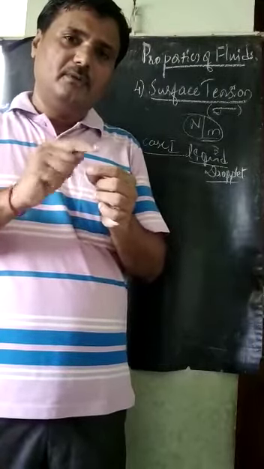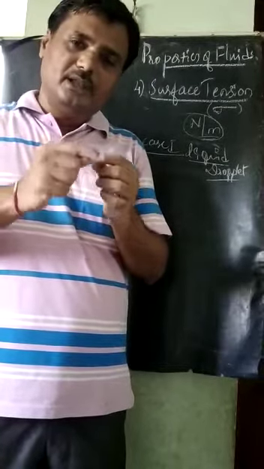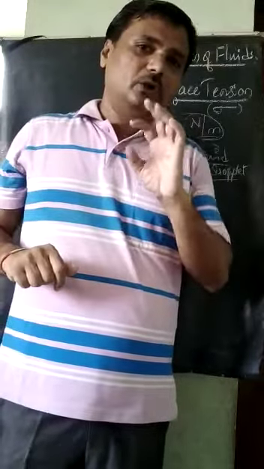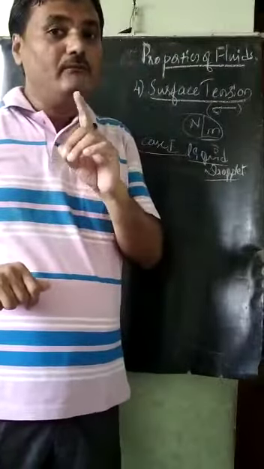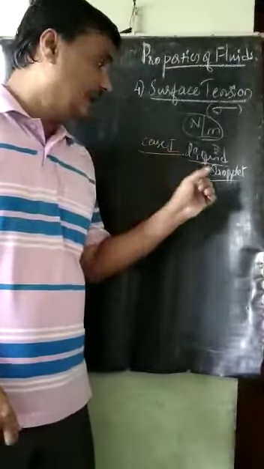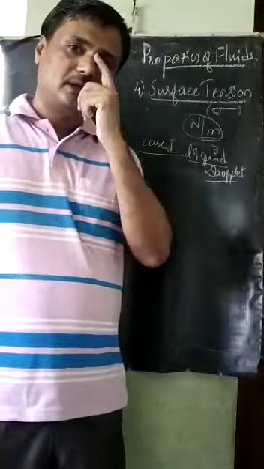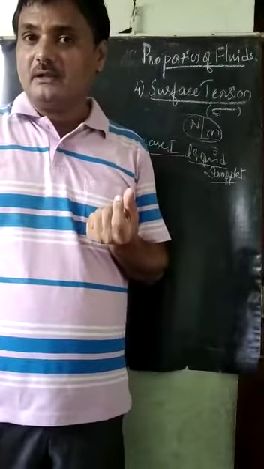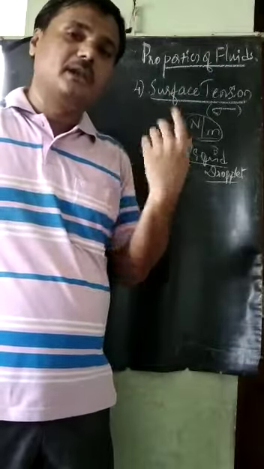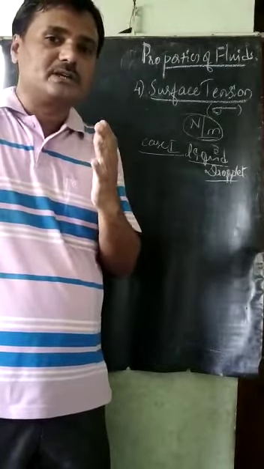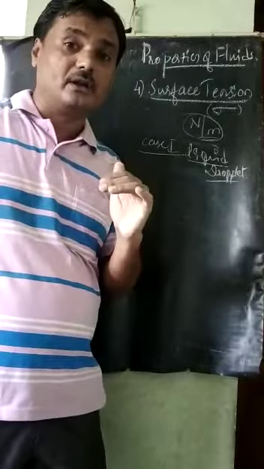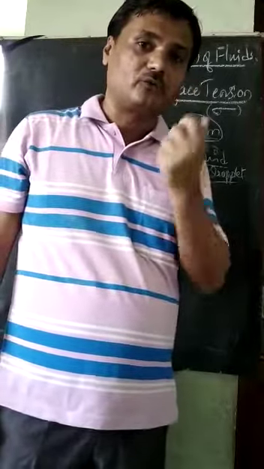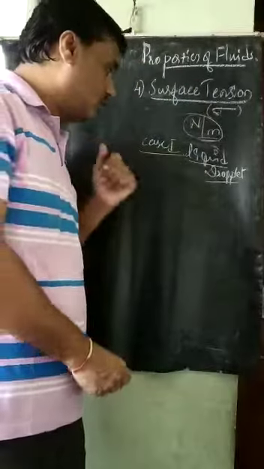So therefore, in between these two varieties of fluids, there will be a surface that is under tension. Now we need to study the equilibrium of forces on this liquid droplet. How is it in equilibrium? Because the water is maintained as a sphere, which means there are forces acting from inside to outside and outside to inside, and they are in equilibrium. So how do we study this equilibrium of forces in the case of a liquid droplet?